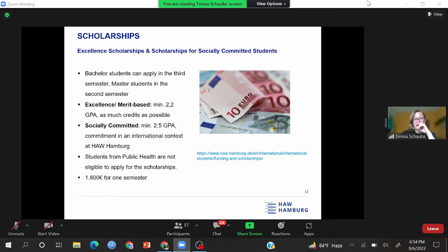And also you have to be in your Regelstudienzeit. So if you are studying a bachelor degree, for example, you can apply from semester 3 until semester 7. That's your Regelstudienzeit. If you're a master and you have like 3 semesters to go, you can apply in semester 2 and 3, okay, for those scholarships. Or actually for the excellent scholarships. For the socially committed, the Regelstudienzeit is not important. But everything you can read about in detail on the website if you're interested in a scholarship. Just read through it, prepare yourself, and then go for it for the next deadline.